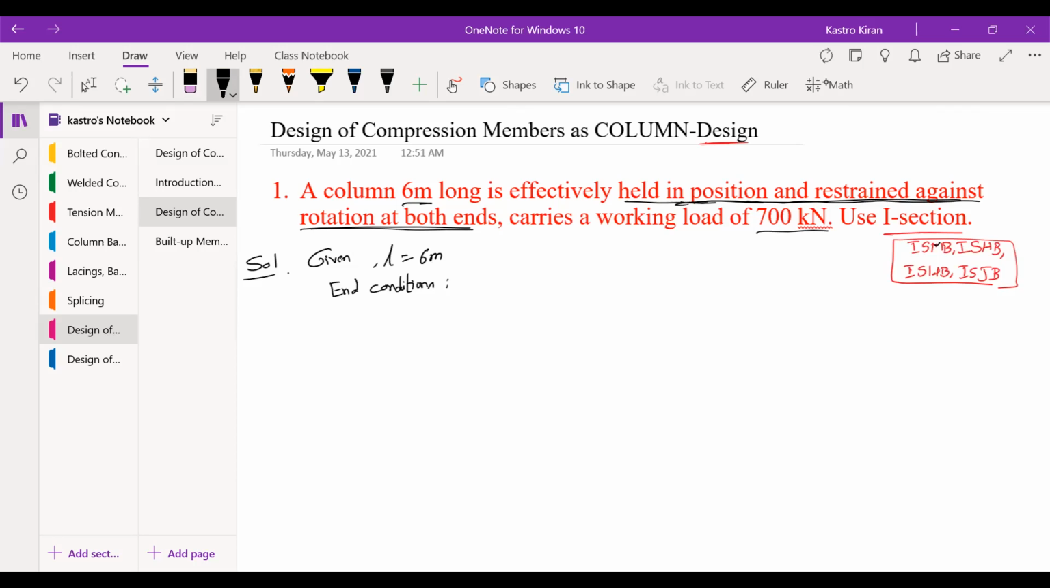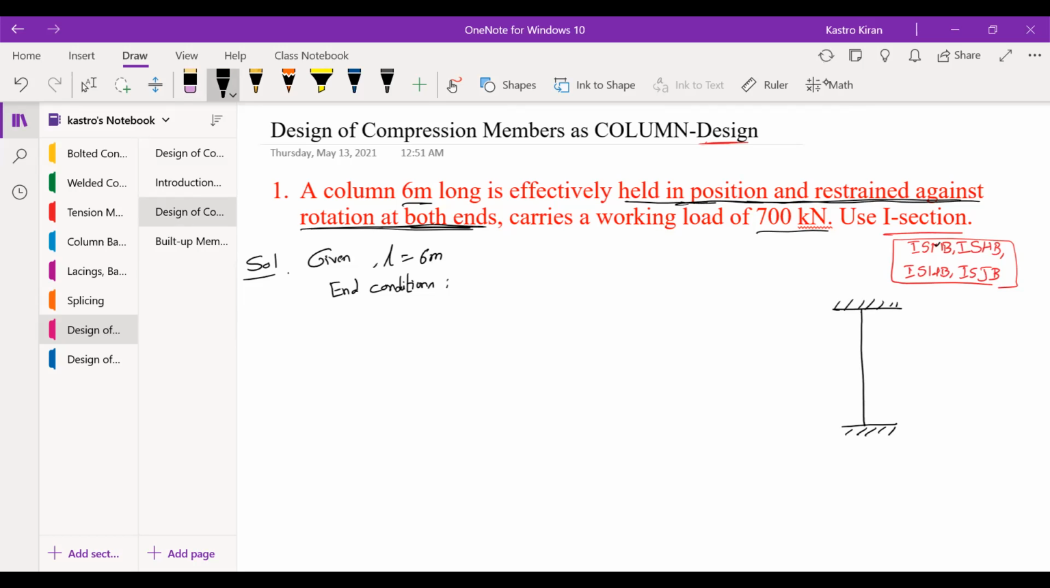Effectively held in position, that means you have a column which is effectively held, that means it cannot move, and restrained against rotation. Restrained in the sense it cannot rotate. So this section cannot rotate. So restrained against rotation at both ends. On the top end it cannot rotate, and on the bottom end also it cannot rotate. So what does it indicate? It says the given I section, or the given column, is fixed at both ends, because